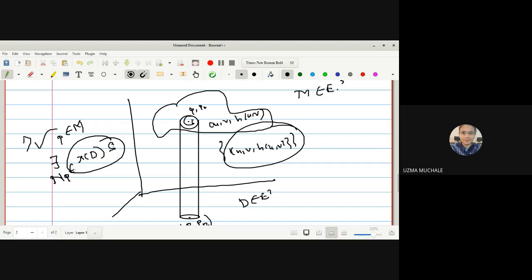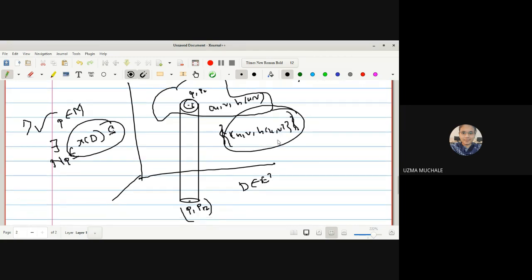That is, n of P is contained in x of D, and hence the result. Okay, why did all this become true? It is because of this one, no? This set will be working as a neighborhood, the set of all points u v h of u v. Because here, what will change in these sets? The u and v will be carried as it is, correct. What is the change? Only the change is in the z coordinate.